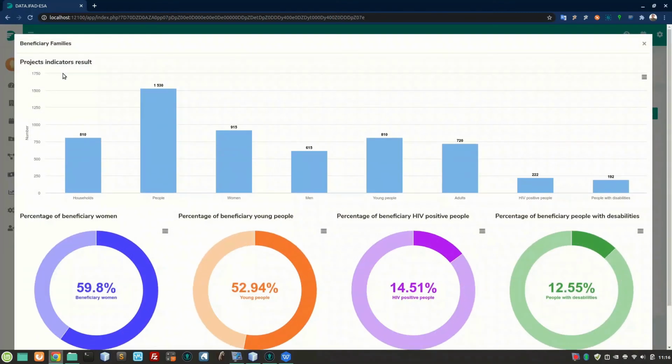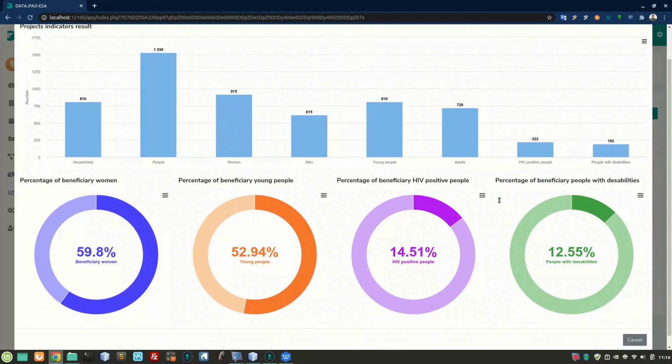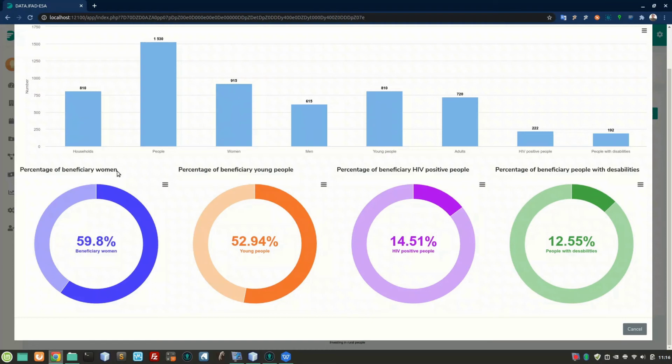On the households card, we can see the total number of each project indicator related to people. So here we have households, we have the number of people, women, men, youngsters, adults, HIV positive, and people with disabilities. That information is showed in a different form on the pie charts below, in percentiles,